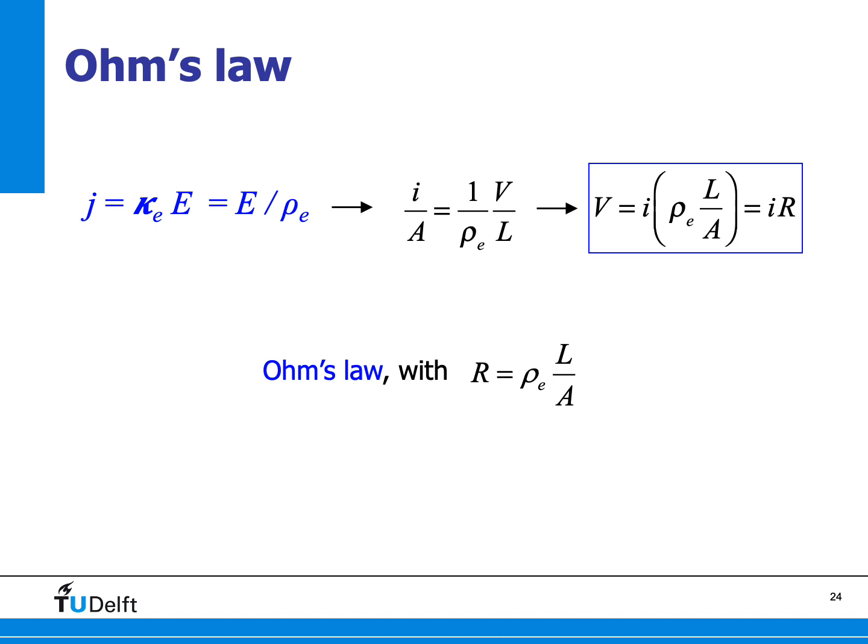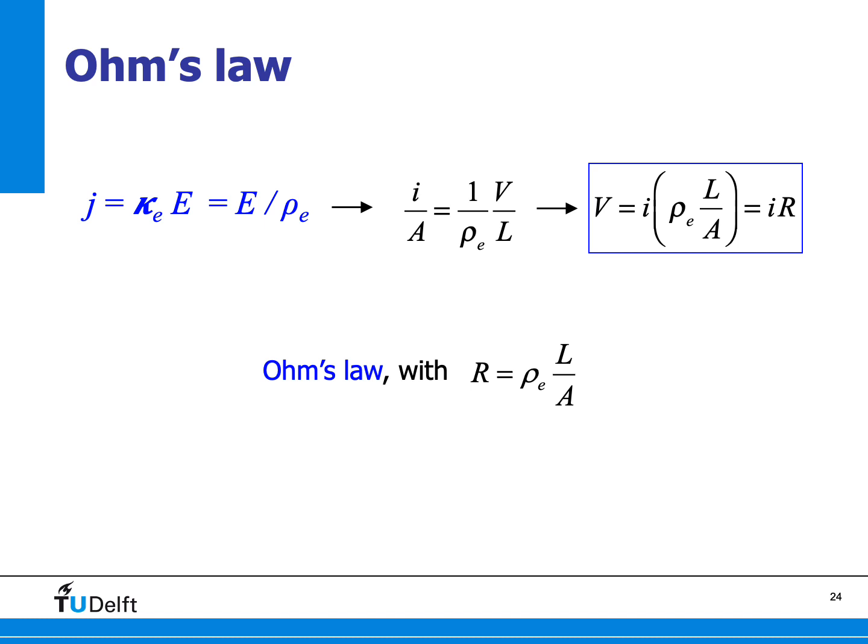as the potential difference divided by the length over which the potential difference is applied. And then we can rearrange this equation in such a way that the potential difference is I times this term rho times L divided by A. And we had previously already found that this term here is nothing else than the resistance, so we can also write this as R, and then we find V equals I times R, which is nothing else than Ohm's law,